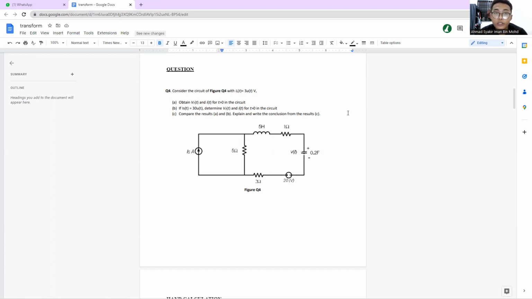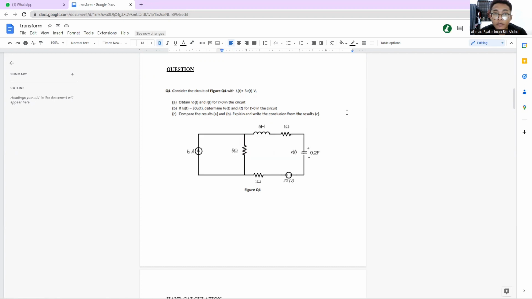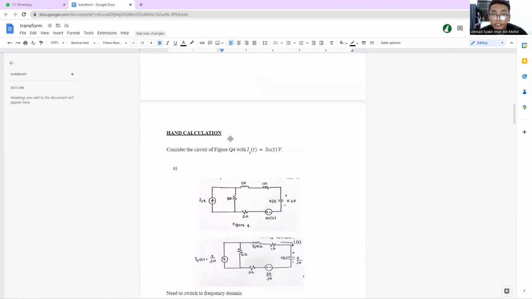Today, our group question is question 4. So now I want to discuss question A. The question is: obtain VF(t) and I(t) for t greater than 0 in the circuit. This is the circuit that was given for this question. So for question A,